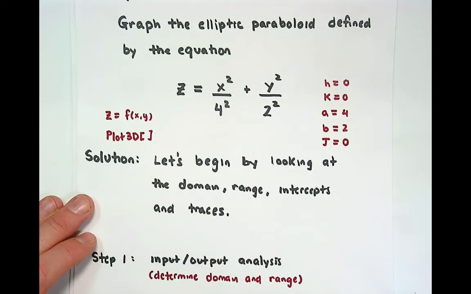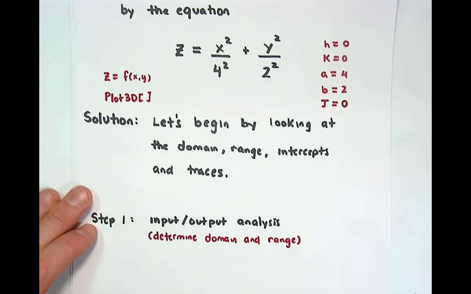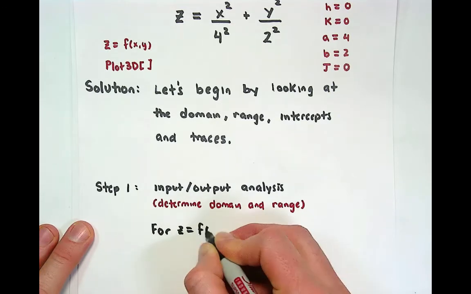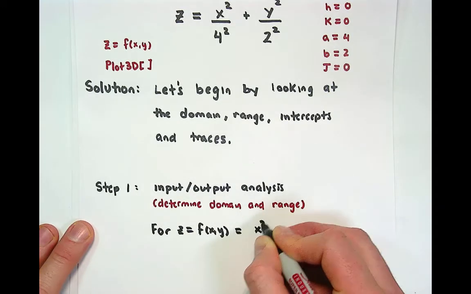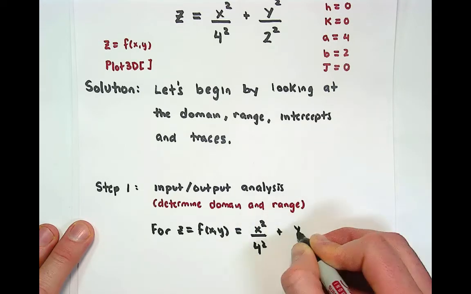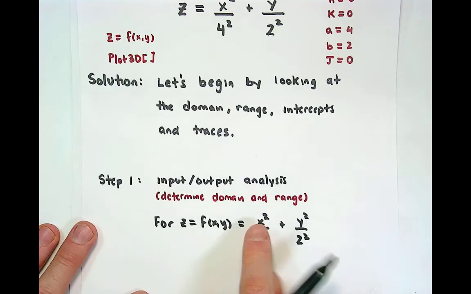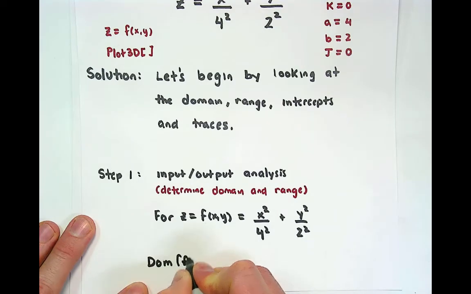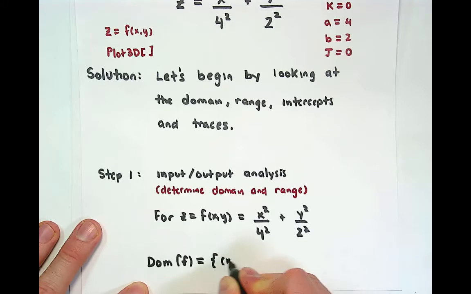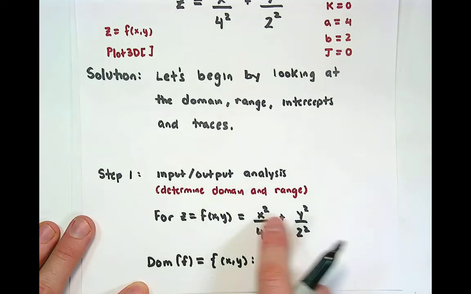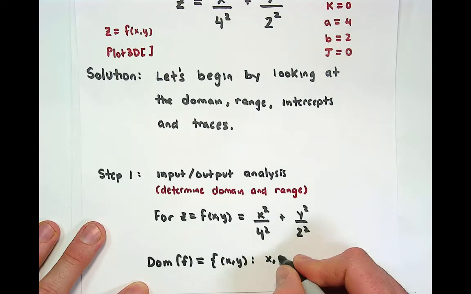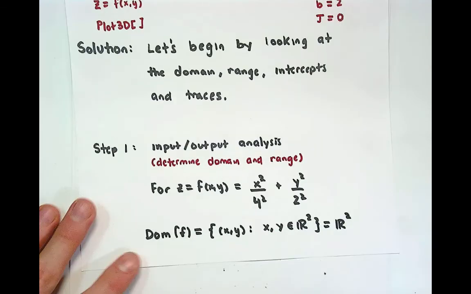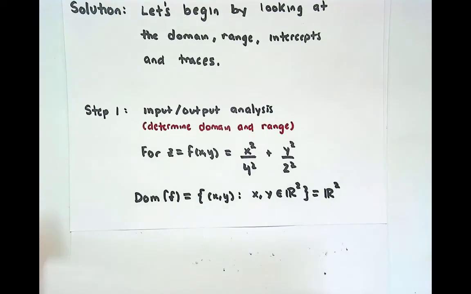The first step in this process is to think about the domain and the range of this function. We notice that for the function z equals f of x comma y, where we have x squared divided by 4 squared plus y squared divided by 2 squared, there are no limits on x and y. The domain of this function is the set of all valid inputs, but any x and y will do. No matter what I put in for x and y, I can always evaluate. So the domain is actually all of R2, which is quite exciting. There's no limits here, which is different from an ellipsoid, right? The range of this function